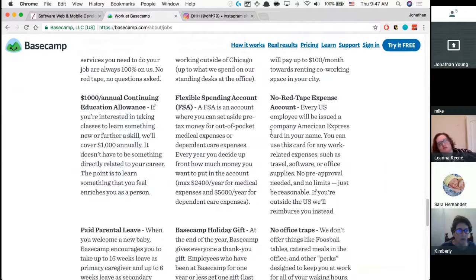A lot of companies are starting to move towards remote only positions. Generally, it's not for juniors, so don't get your hopes up too quickly. Maybe around 3 to 5 years, you'll start getting those remote jobs. But there are a lot of perks as well. I just wanted to do a quick sidebar to promote Basecamp, since they are the people who write and mostly continue to support Rails.